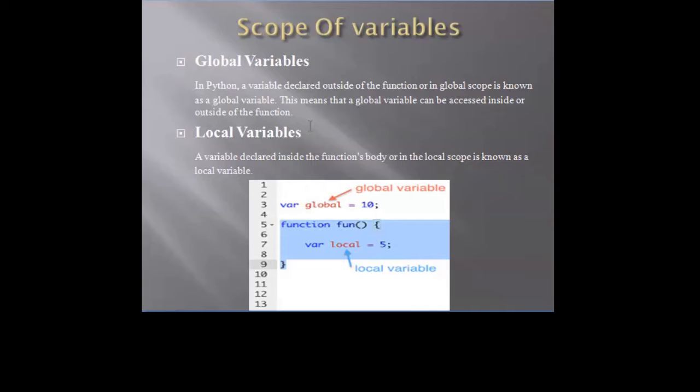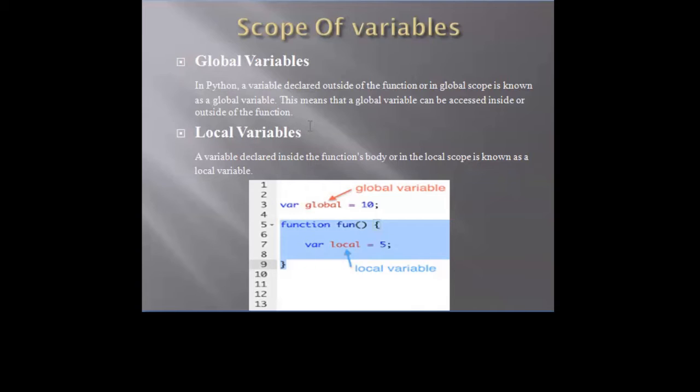That's the scope. If we have a variable defined at a global position, then we can use that variable throughout the program, inside a function, outside a function, everywhere. But if we have a local variable which is assigned or defined inside a function, then we can use that variable only inside that particular function. That's why this is a local variable.